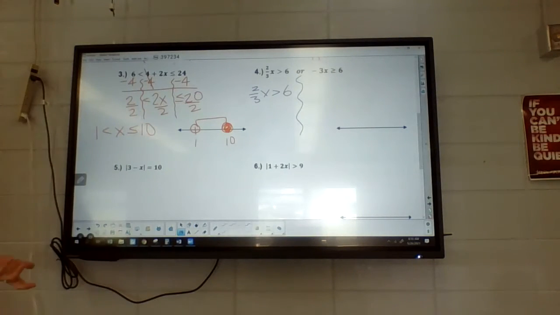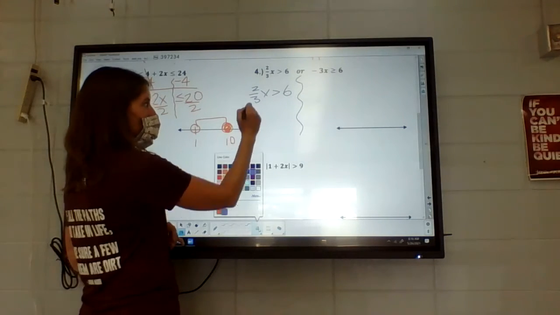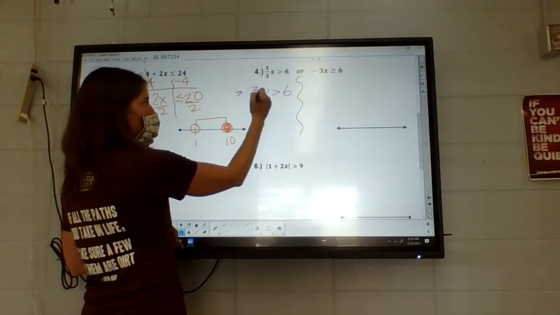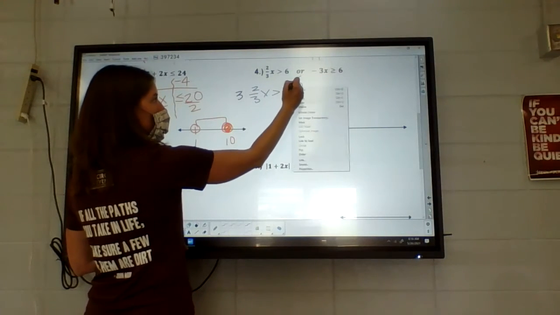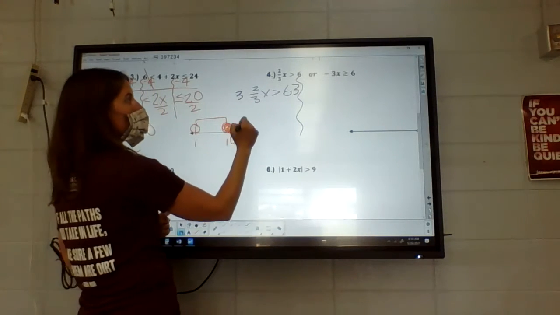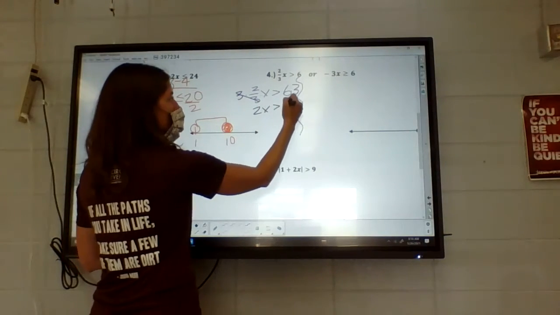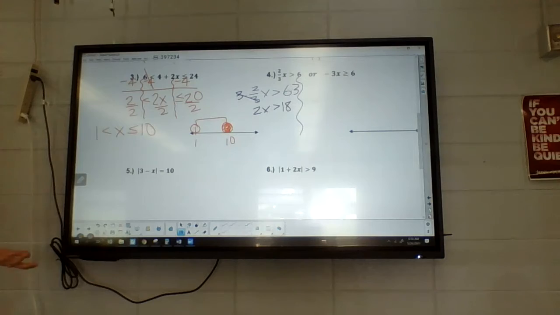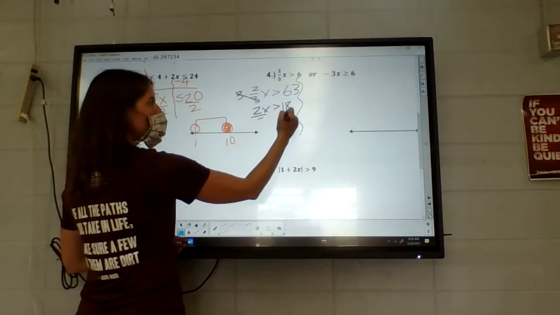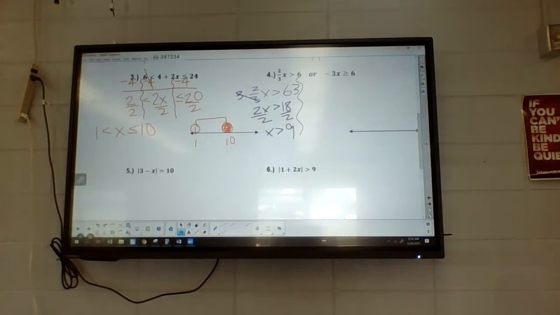I like the method where I kind of break the fraction into 2 parts. It looks like it's being divided by 3. So instead I'm going to multiply each side by 3. So it kind of makes it a 2-step equation, but not bad. So 6 times 3 is 18. And then I'll divide by 2. So x is greater than 9. So again, I broke that into 2 steps, nothing too fancy there, but